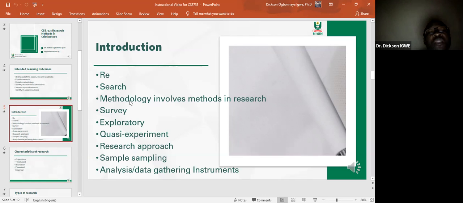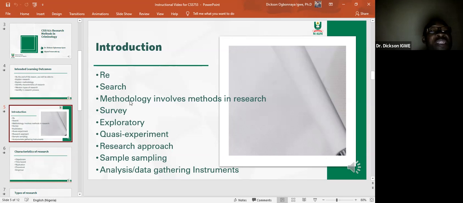We have survey methods, we have exploratory method, we have descriptive method, we have quasi-experiment method, we have research approach, we have sampling method, and then method of analysis, data gathering, instrument. So these are methods, but